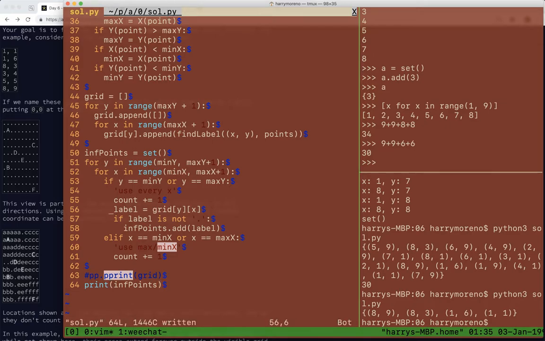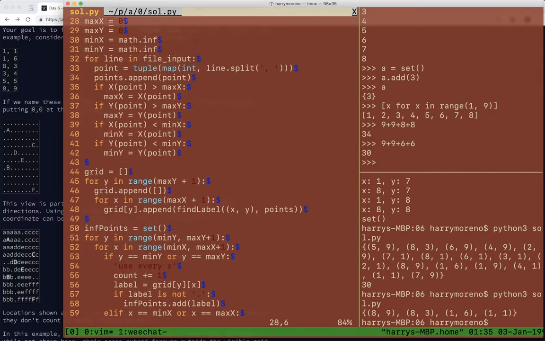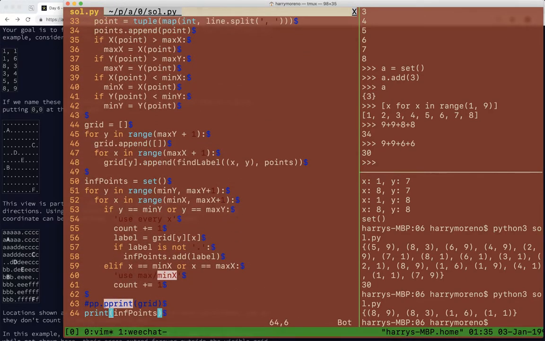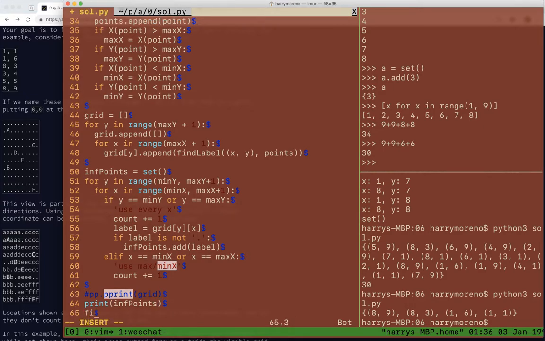These are the infinite points. And so then the finite points are, the finite points would be